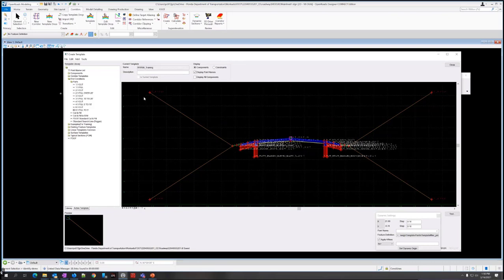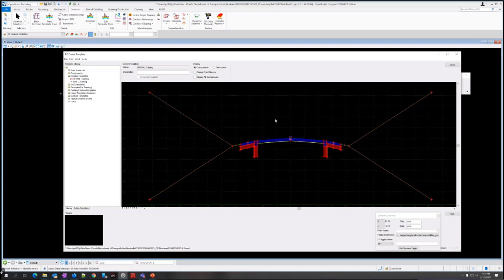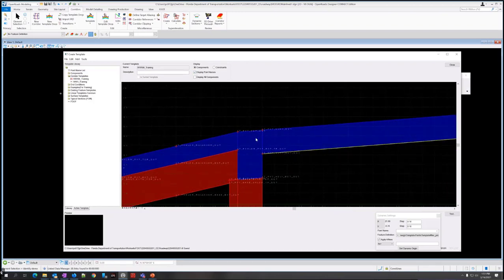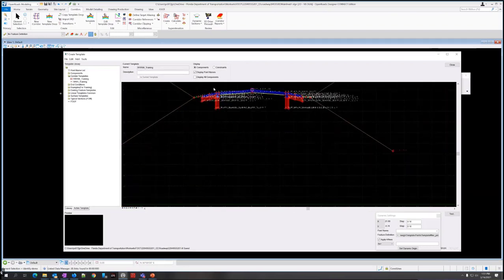All right, so we're going to exercise 1.7 on page 1-20 to edit templates. So I still have this template open here. Just make sure over here display point names is checked. If it's off, it'll be much cleaner view. But if you want to see what each point is named, sometimes you have to zoom in to see it better without too much clutter. I want to check that on.